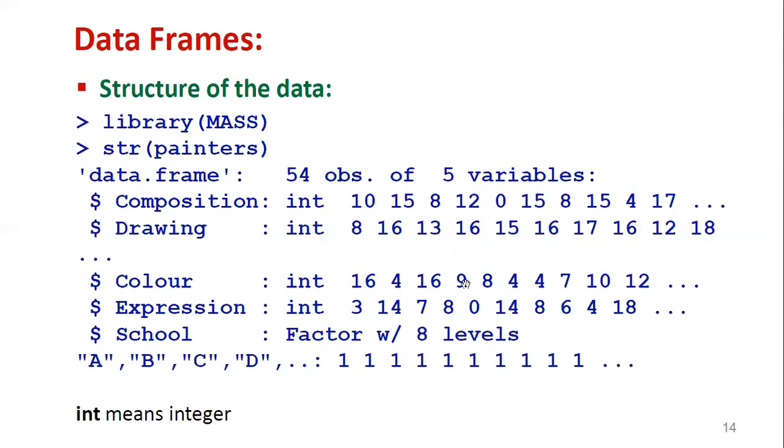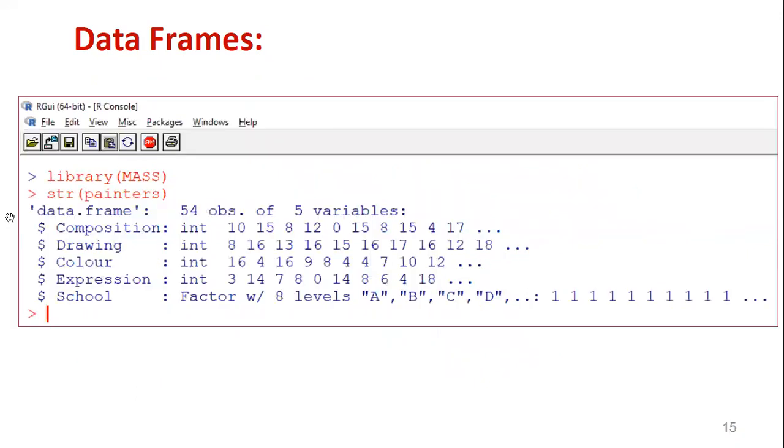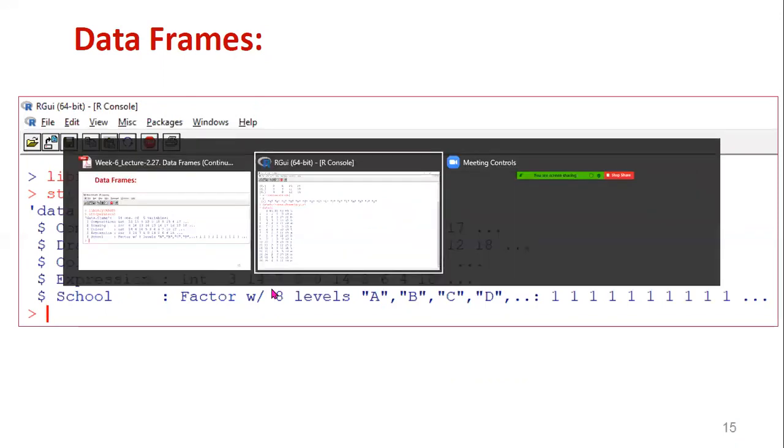So this is the output of the command str on a particular data set. Any data set you can apply this to. It displays like this: based on the data set, how many observations, how many variables, then column-wise its data type followed by values, simply by using str. So now we will also demonstrate this. This is the output we obtain after execution.